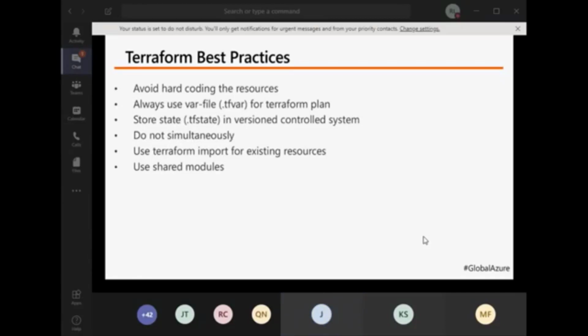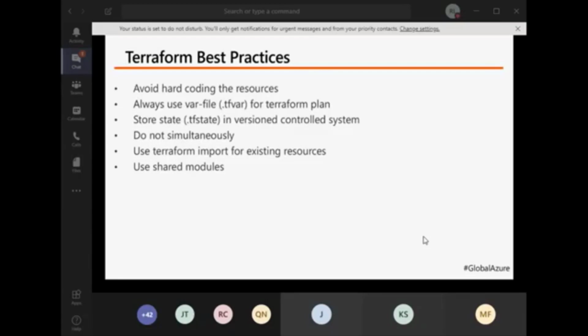Yeah. So we can also use Terraform to import existing resources. For example, there's an existing network layer already created by the network team, and an NSG layer created by, I don't know, the security team. With this, you can import the current state of that layer and then add, for example, VMs on top of that